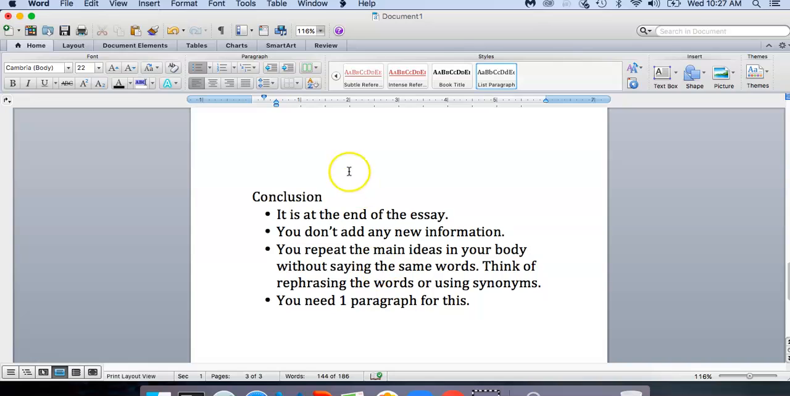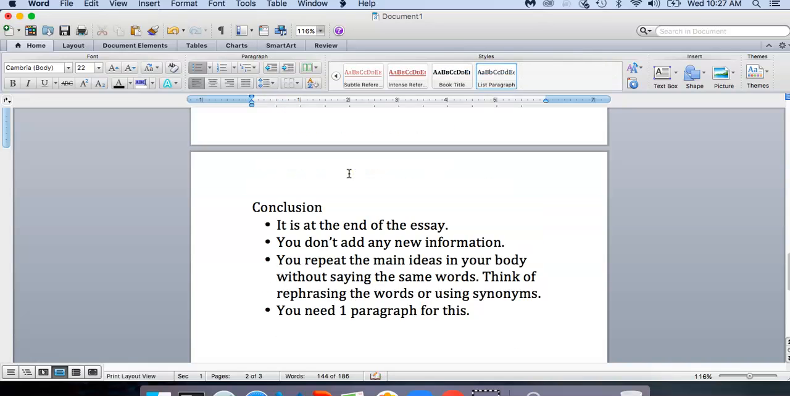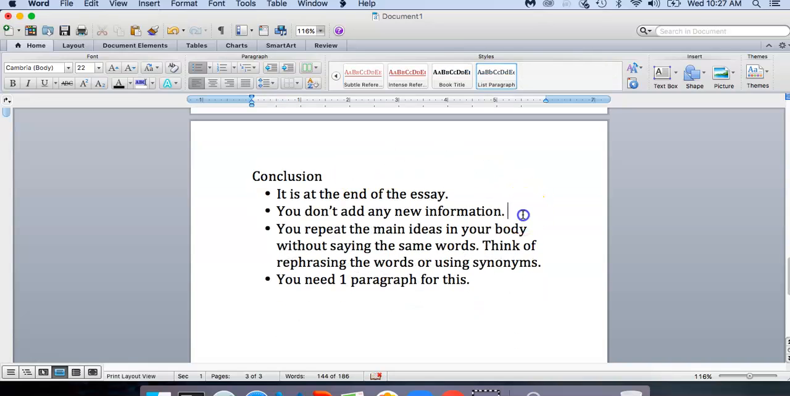The last thing is the conclusion, okay? It is the end of the essay. Make sure that you don't add new information. Once again, don't add any new information. If you want to add new information, everything should be in the body. That should not be in the conclusion. And what you do here is you just repeat the main ideas in your body without saying the same words,